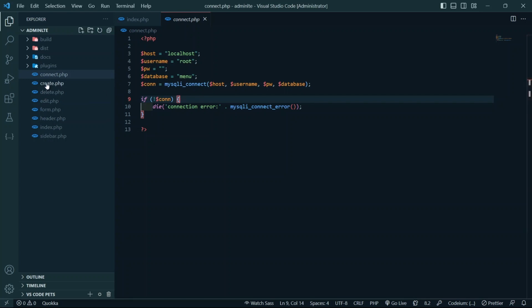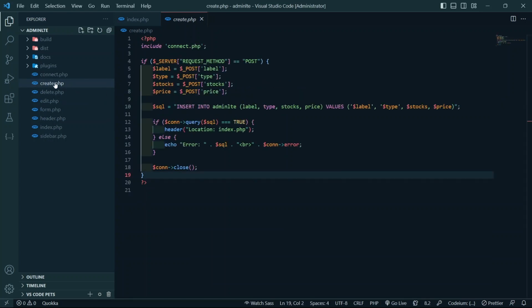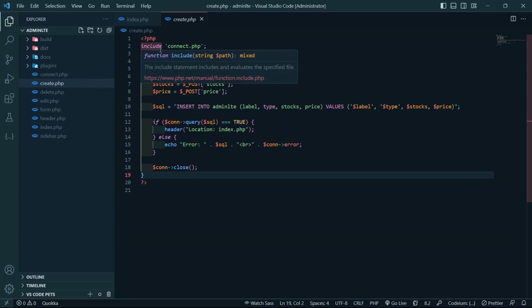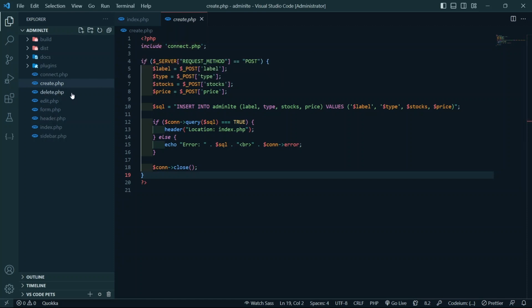And then let's go ahead and create this new file called create PHP. So in this create PHP we have to include the connect PHP. So you will need to input this connect PHP inside of this create PHP. Alright, and then make a new